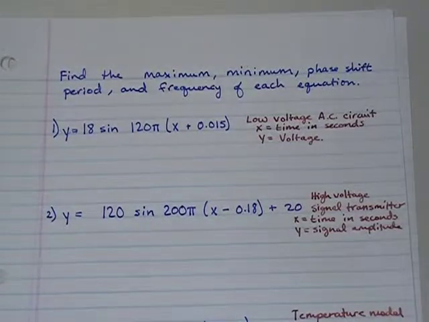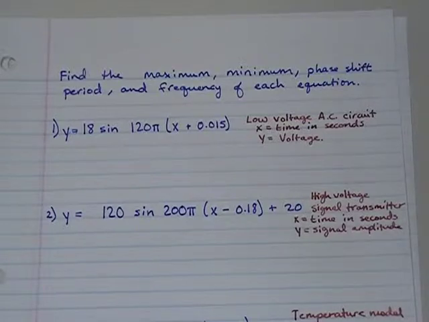Today we've been asked to find the maximum, the minimum, the phase shift, the period, and the frequency of each equation. We've been given three separate equations. The first equation is a low voltage AC circuit with X equal to time in seconds and Y equal to the voltage of the circuit. Now, the maximum and the minimum for a sine function are going to occur at the